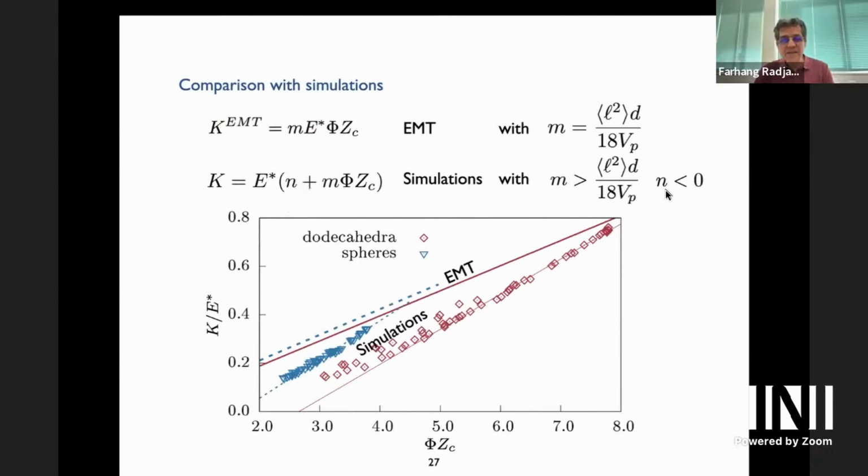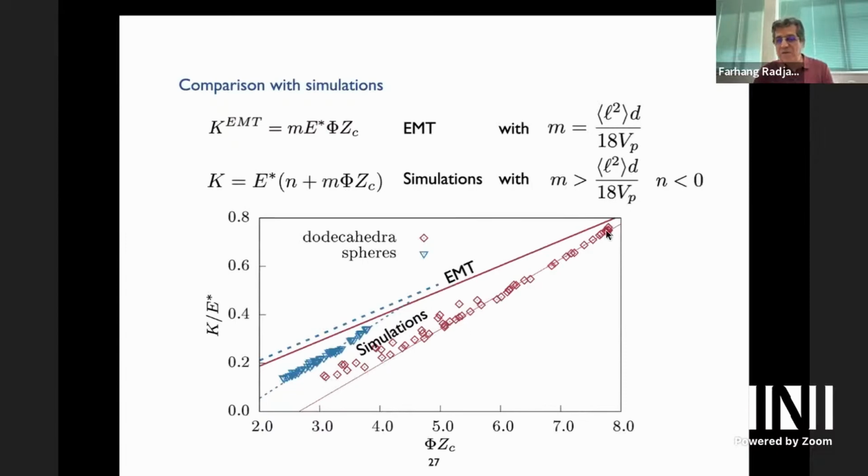So N in our case is negative, and so we have here the vanishing of K at the finite phi ZC, which is actually the reminiscence of unjamming. So when we go down, here we are closer to the peak value, and then in the softening regime. That's why the data are not on this line. Here the system is globally unstable. So maybe our strain probe is too large for probing this. So we have some plastic deformation too.